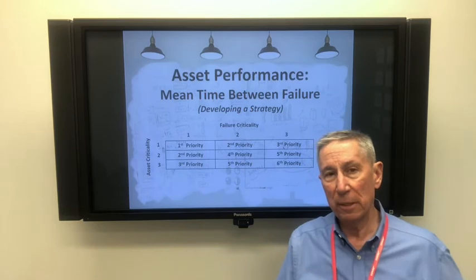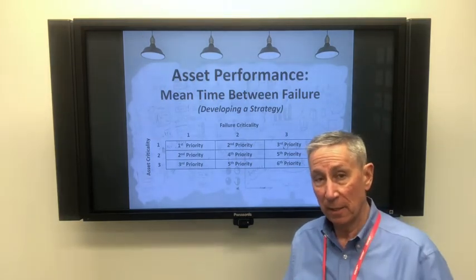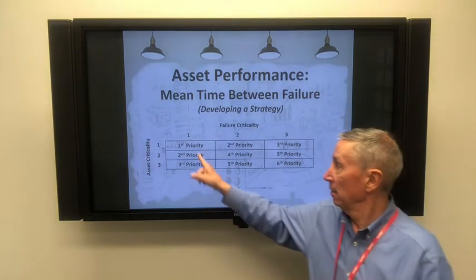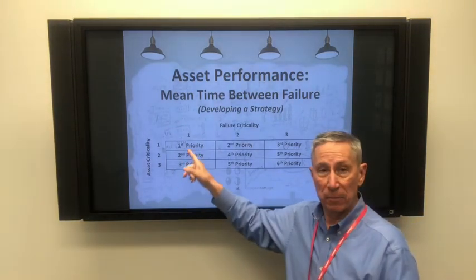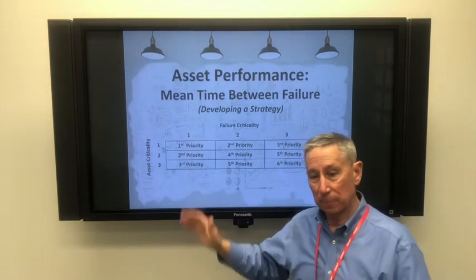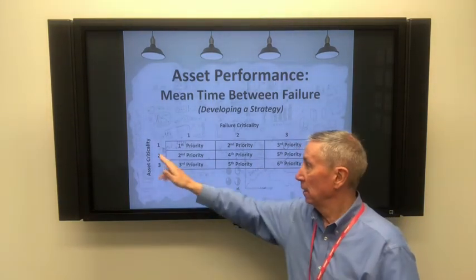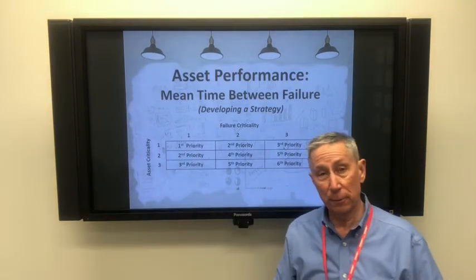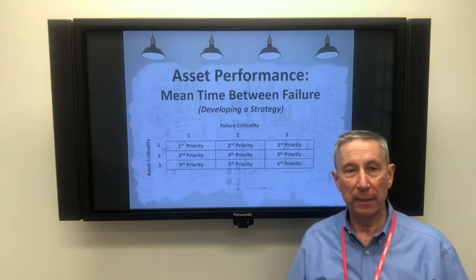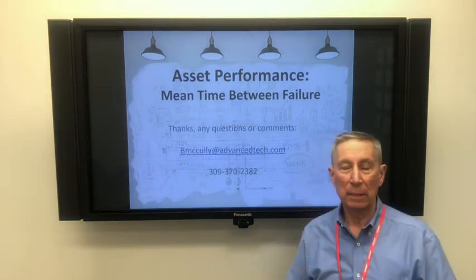So you can move your mean time between failure 10, 15% improvement, but have a dramatic impact on the plant if you're eliminating failures in these areas. So that's really a little bit about how you design the strategy, how you think about mean time between failure, asset criticality, as well as failure criticality in your proactive countermeasure planning efforts. So I hope that helps.